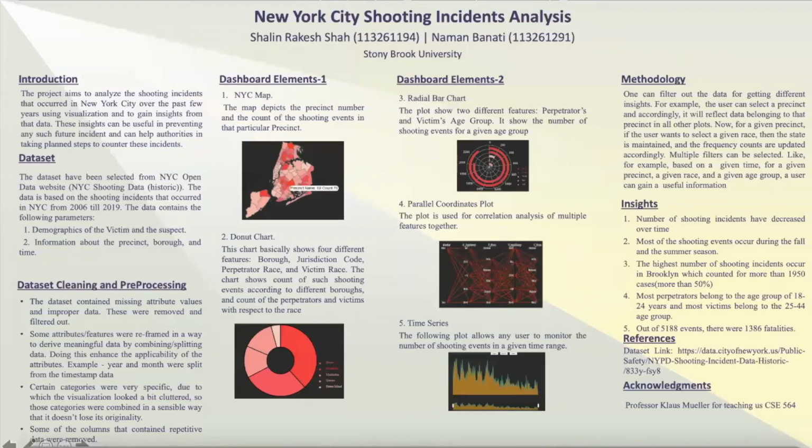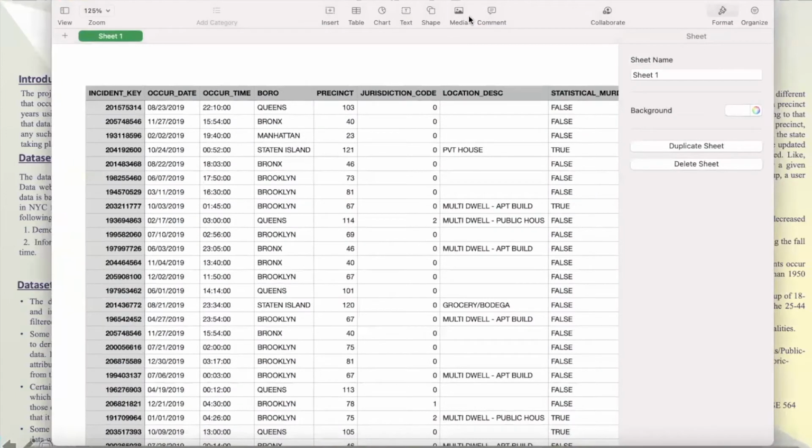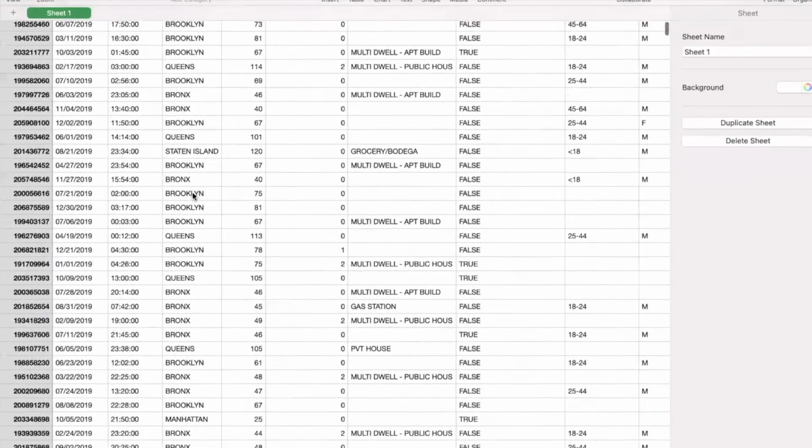So moving ahead, my friend Shalin would share how we sampled and filtered our data from the original data set. So as Naman said, how we sampled and filtered out our data. I'll just show you the basic data that we use first of all. So this is the actual data that we selected for this particular project, and